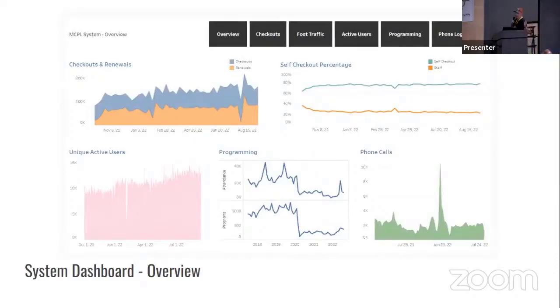If you go online, if you have a computer, mcpl.link/pres, the colors might be a little better here. So this is an example of a system dashboard and overview. All our staff have access to this. We also have a system-wide one that aggregates at the system level, and we have a branch version of this